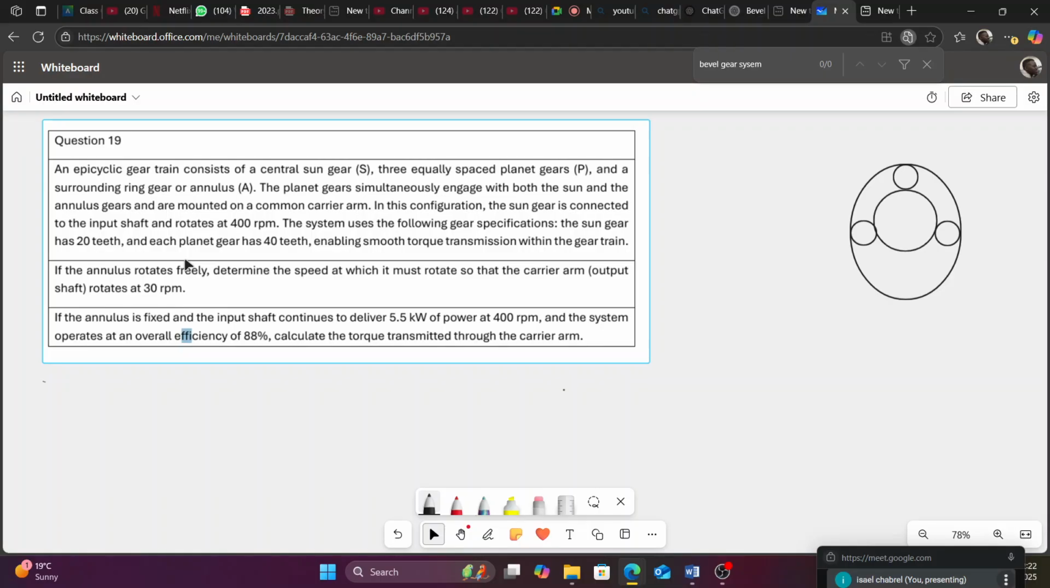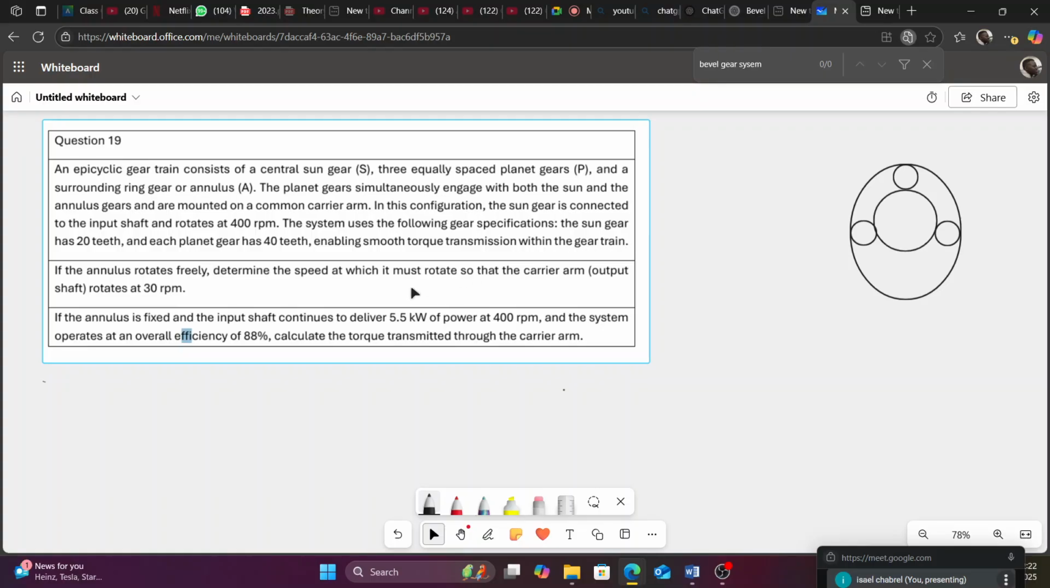But anyway, even if it is not asked, remember, make sure that you have the number of teeth of all elements that you have in your problem. You need to make sure of that. So, what is happening? And each planet gear has 40 teeth. So each of these small circles has 40 teeth, enabling smooth torque transmission